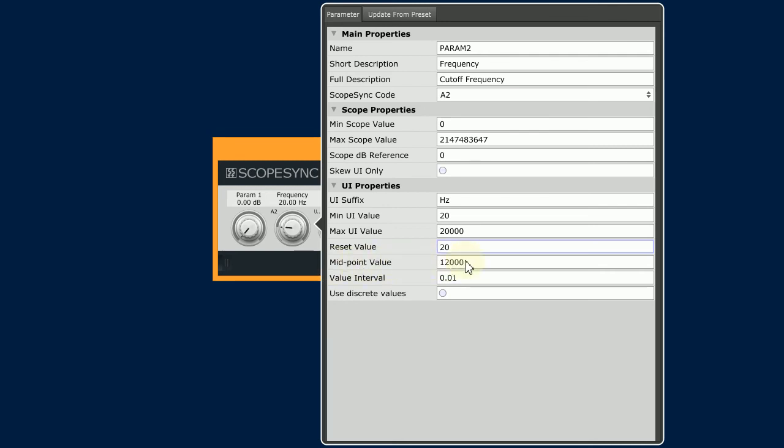Now we have the midpoint value. This is where skewing comes into effect. So if I want to put my midpoint halfway through the range, that will mean it doesn't skew at all, but I can set this to be a different value and that will automatically apply a skew to it. So if I set this to 1000 and click out,